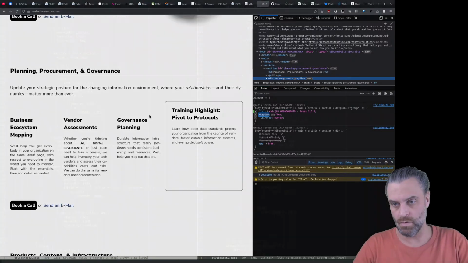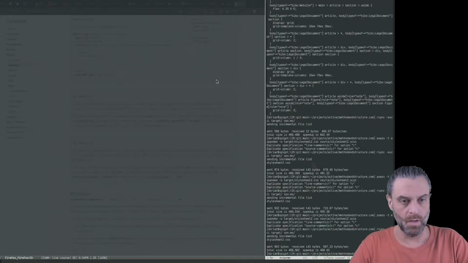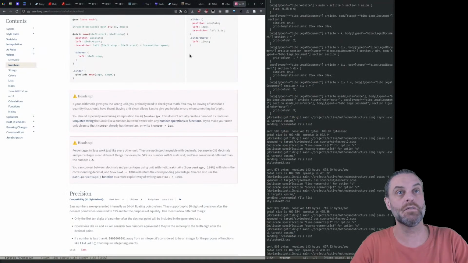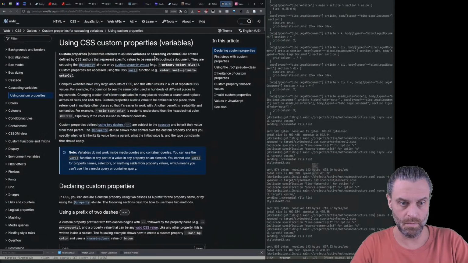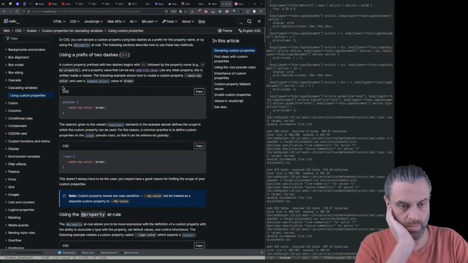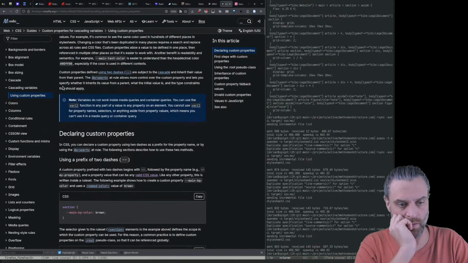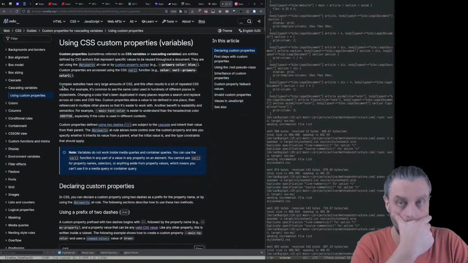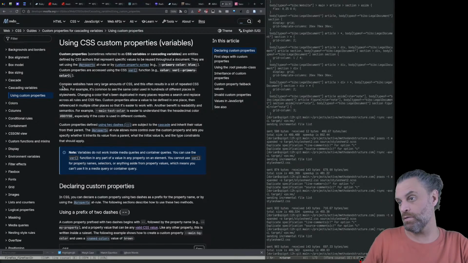Like, so. I need to look up actual CSS variables here. Is that using, okay, declaring custom properties, custom, do I want properties? I want the variable, where? Oh no, okay, yeah. Okay. I should really be using these anyway for things, but